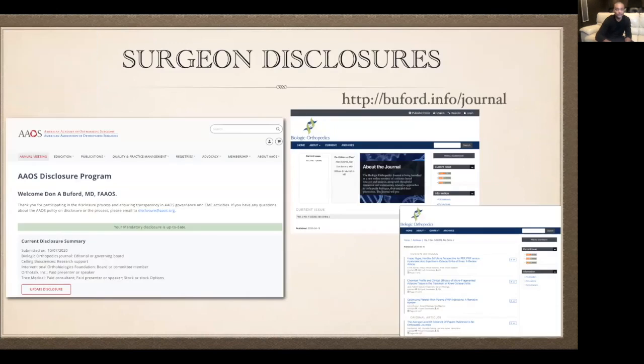These are my surgeon disclosures. Our AAOS Academy requires us to disclose any potentially relevant conflicts of interest or sources of bias. And so on the left is my most recent quarterly disclosure statement. The other thing I'd like to disclose, because it may be relevant to this talk for some of you, is